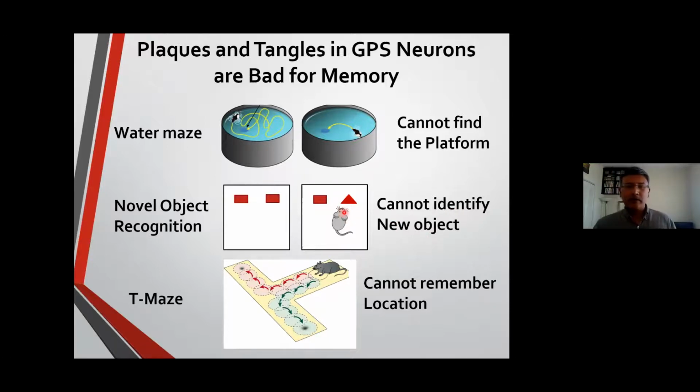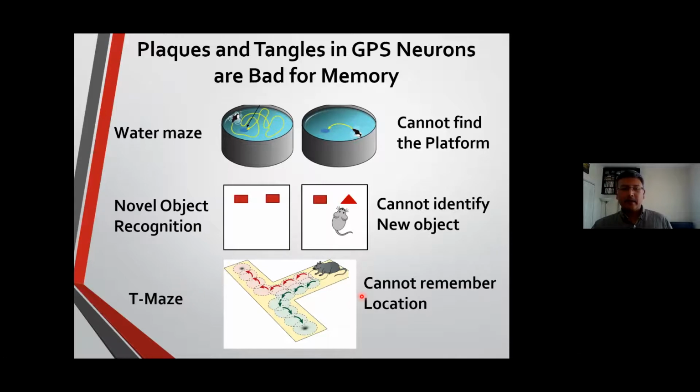So we test this all the time. With the T maze, because it's a T-shaped maze, we give a food reward on this side or the other side, and the animal has to remember which side the food is. If it cannot remember the location, it's supposed to be impaired in its behavior. So these are the three main behaviors we use to test if the neurons are affected and the behavior is